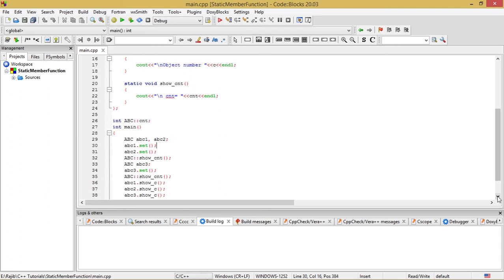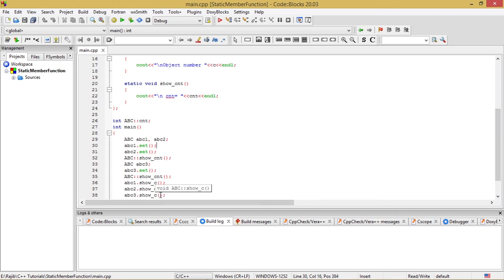Function show_C, which is an ordinary member function, is invoked with the help of all the 3 objects: ABC1.show_C, ABC2.show_C, and ABC3.show_C. So the first will show a value of 1, the second will show a value of 2, and the third will show a value of 3, which is expected.